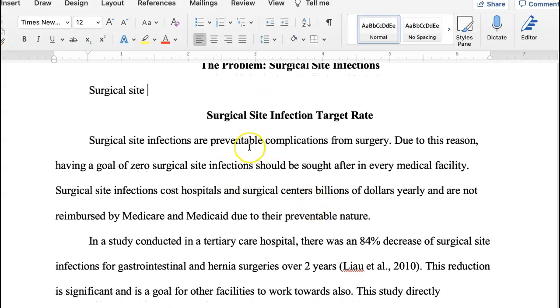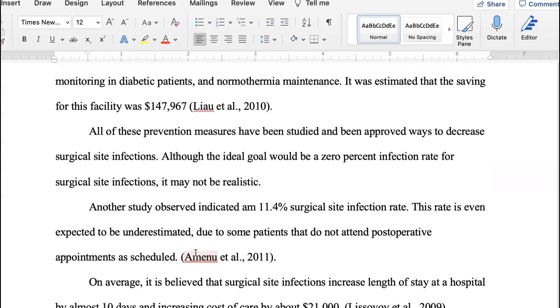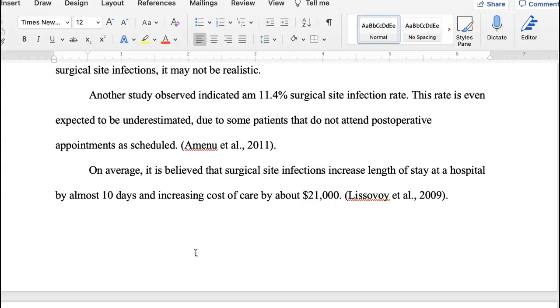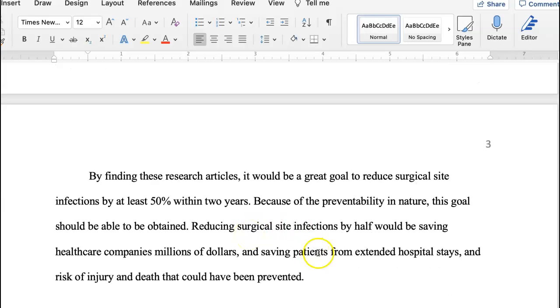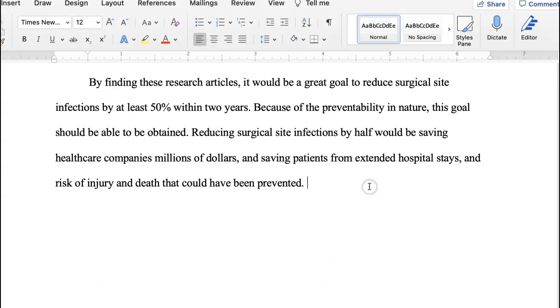And then you can talk about your target. And then the next one that we're going to do, our number 3, is the data. So maybe your next header, when you do your paper, the next one would be centered, and we're going to bold this, and it would be current state of surgical site infections, infection rate.